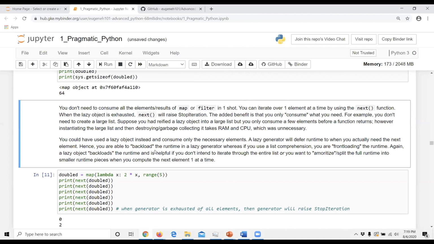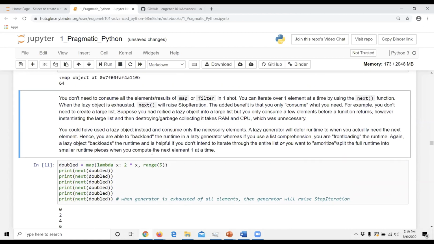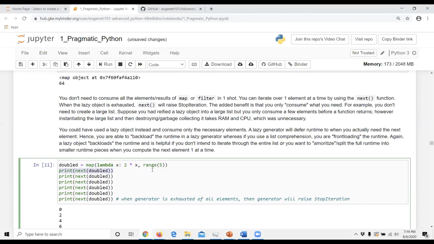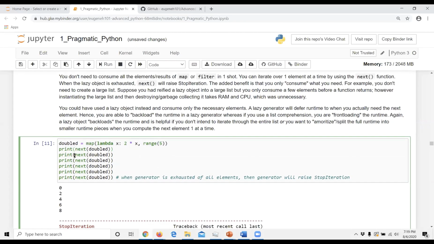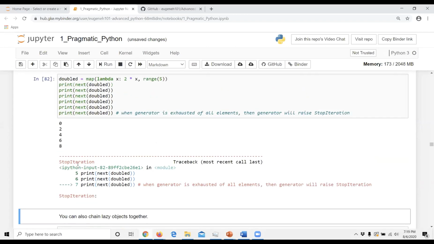So how do you get them? Like a generator, once you define your map or filter expression, to get the next element in that generator, you just call next.